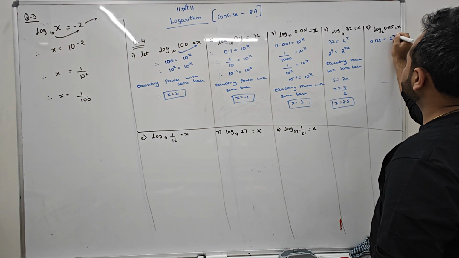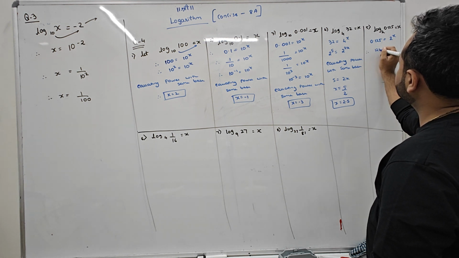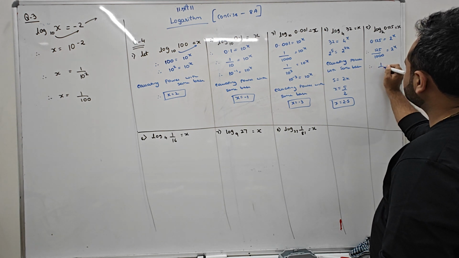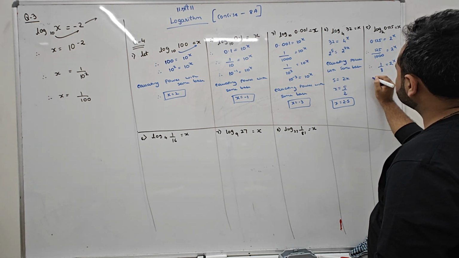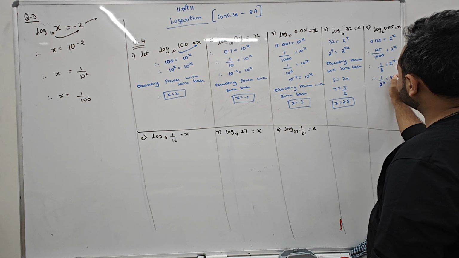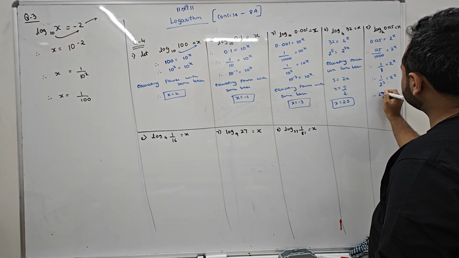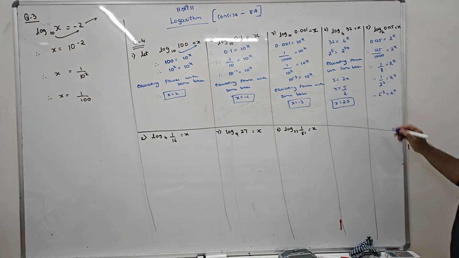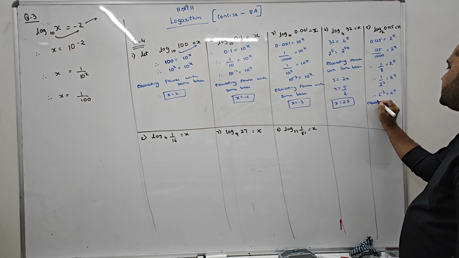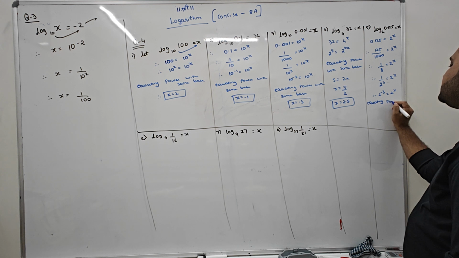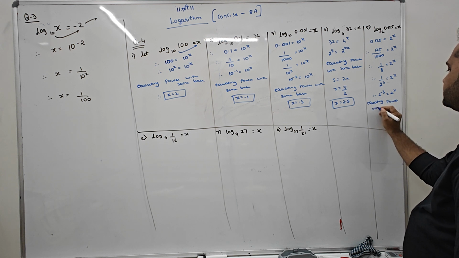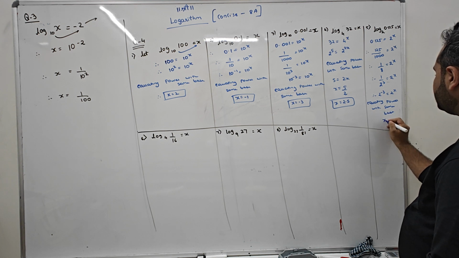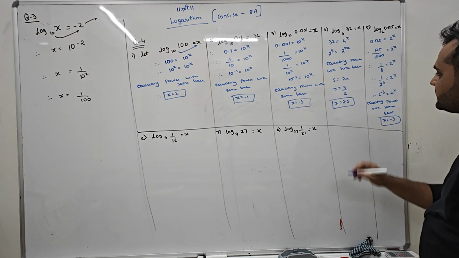0.125 is equals to 2 raised to x. 125 upon 1000 is equals to 2 raised to x. 1 upon 8 is equals to 2 raised to x. 1 upon 2 cube is equals to 2 raised to x. 2 raised to minus 3 is equals to 2 raised to x. Okay, equating power with the same base. X equals to minus 3. Okay बेटा,